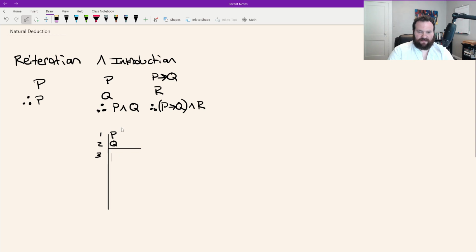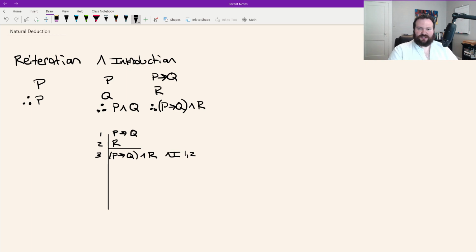Or the second argument, rather. Here we go. Premise 1. If P, then Q. Premise 2 is R. We're going to do the exact same thing, right? It doesn't matter how complicated a line is, you can always combine it with another one so long as you put a conjunction symbol between them. Okay? So, if P, then Q and R. And once again, conjunction introduction, 1, 2. Okay? Now,